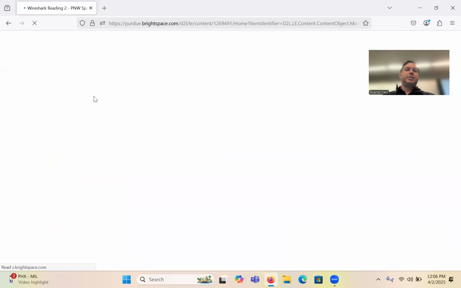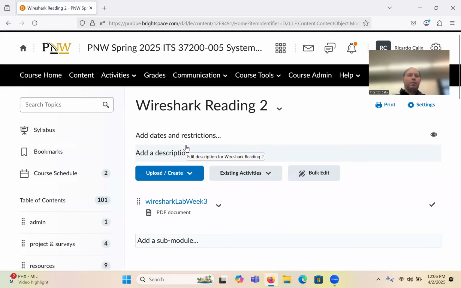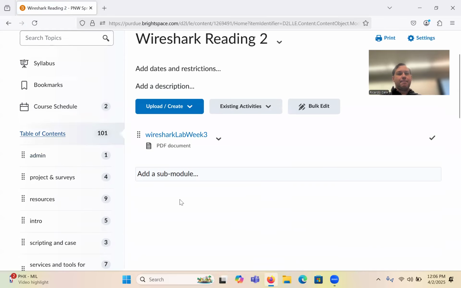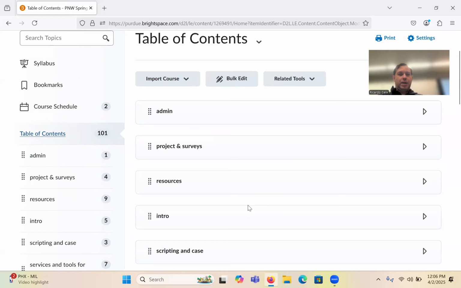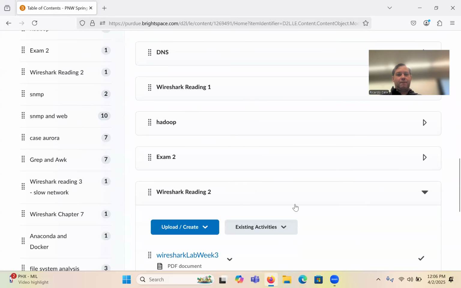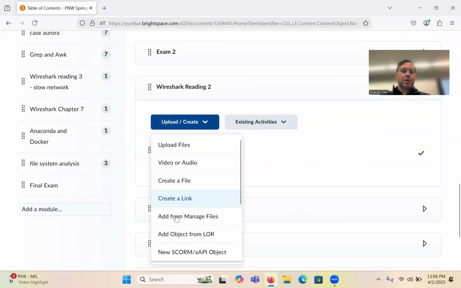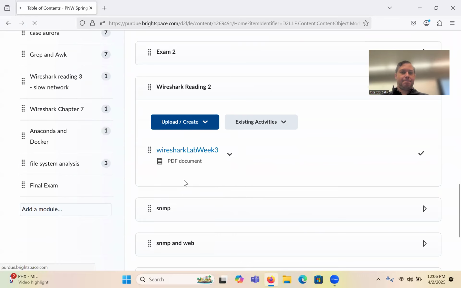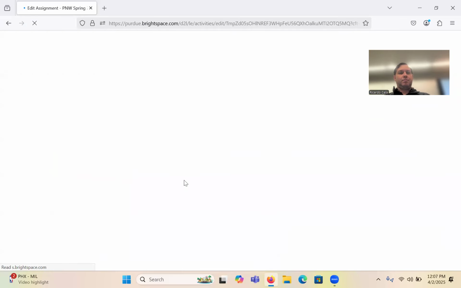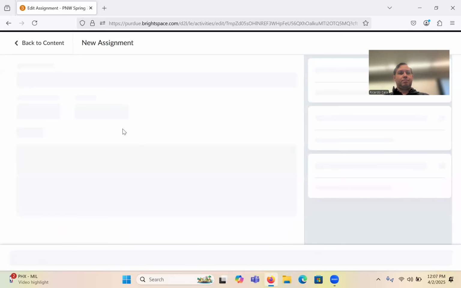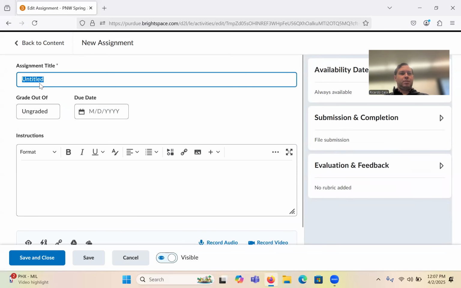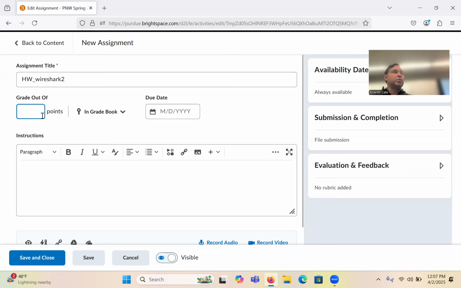I'm going to create an assignment that is due a week from today. I'm going to create that now. Assignment: Wireshark 2.